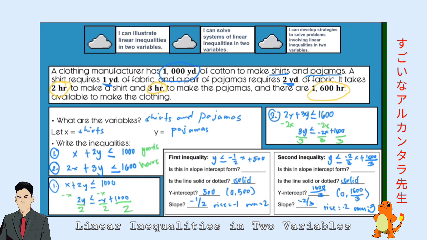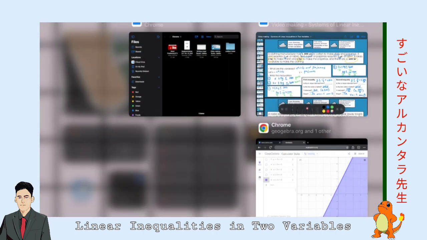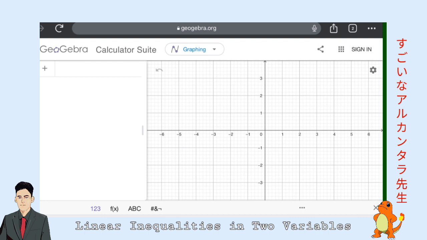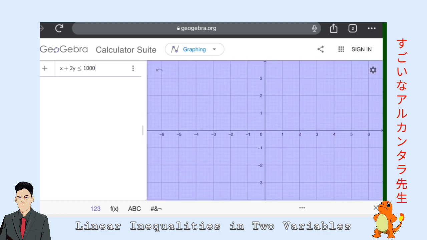So the thing here is that what you have to do is to graph them together in one Cartesian coordinate plane. So that's the one that I'm going to show to you next. So once you have identified the linear inequalities, once you have written them, you have to graph them properly in just one Cartesian plane. So let's go there. Let's go to a new version of GeoGebra. Let's have the first one as, I hope I remembered, x plus 2y less than or equal to 1,000. Am I correct? And then the next one